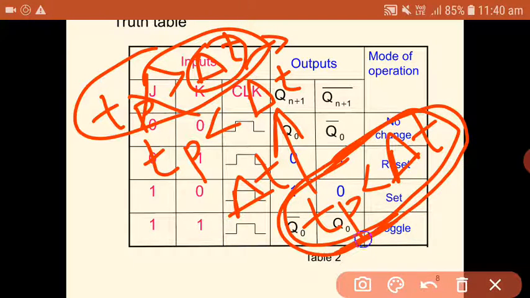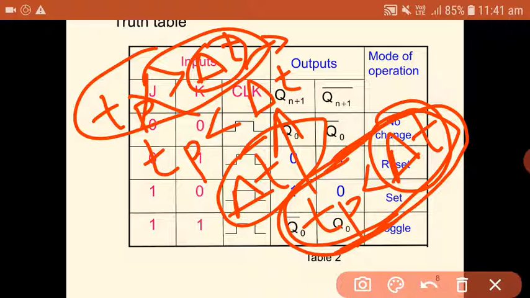The time for which the clock pulse is high should be less than propagation delay of the flip flop, and this can be achieved by increasing the propagation delay. Propagation delay is nothing but the time taken by the circuit to produce the output after the application of the input. That time taken by any flip-flop circuit to produce its output for a given input is called propagation delay, which you are increasing, such that the time for which the clock pulse is high should be less than propagation delay of the flip-flop.